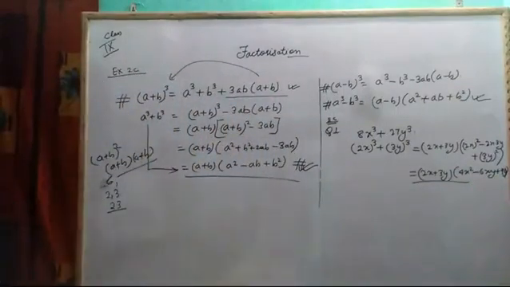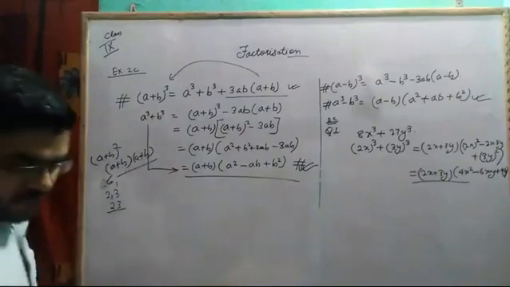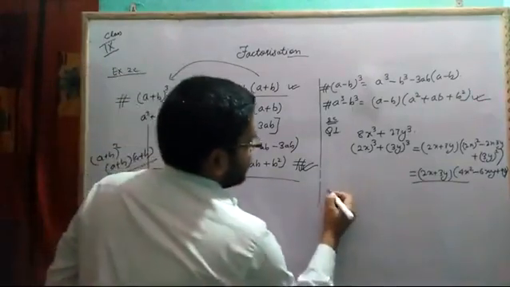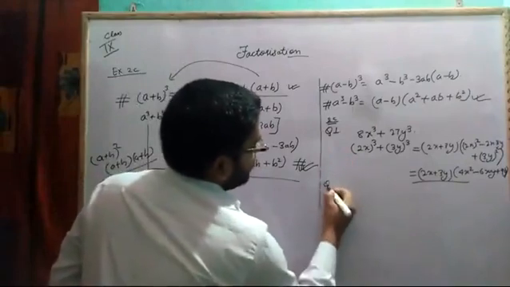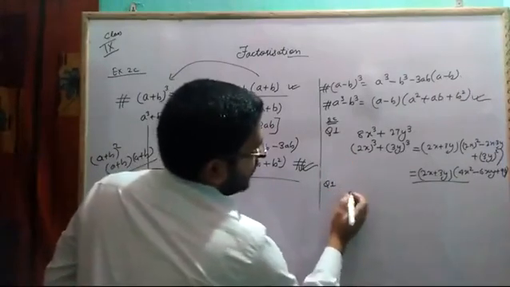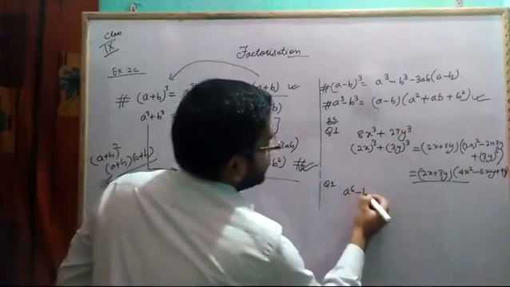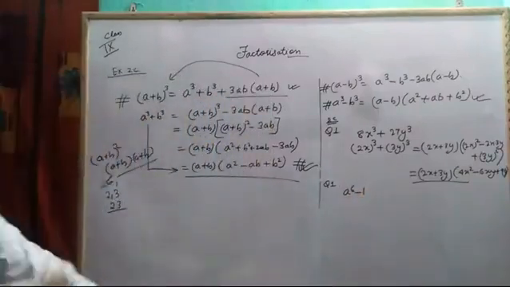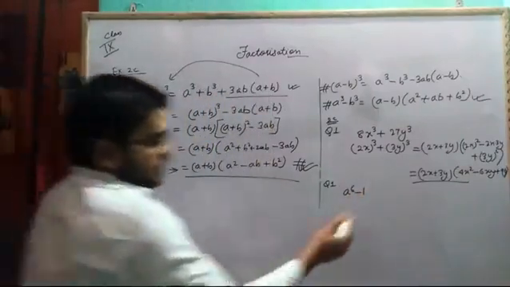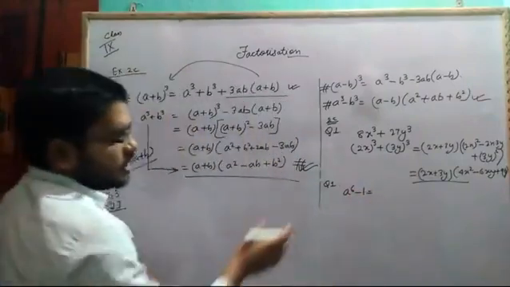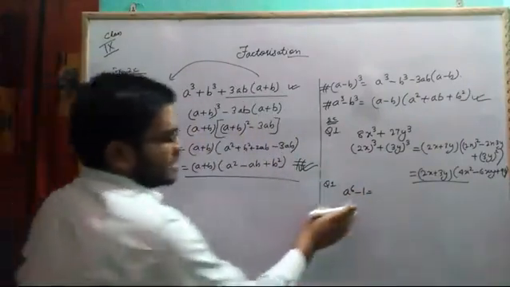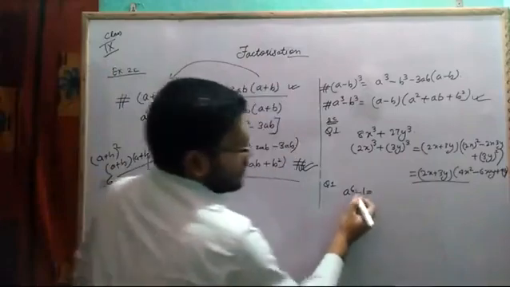Now for the second one, I have taken another question, like a power 6 minus 1. I don't know the subpart, but it is from question number 1 only. I don't remember exactly, since I don't have the book, my dear students, so I don't remember which part. It is question number 1, subpart C or D maybe. So a power 6 minus 1.